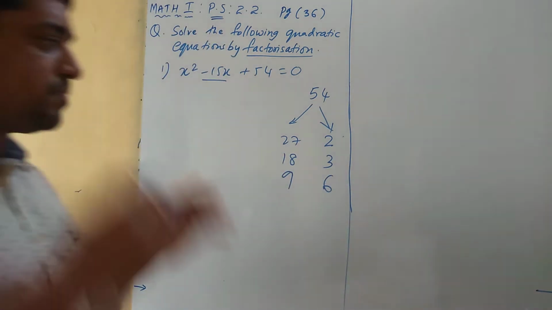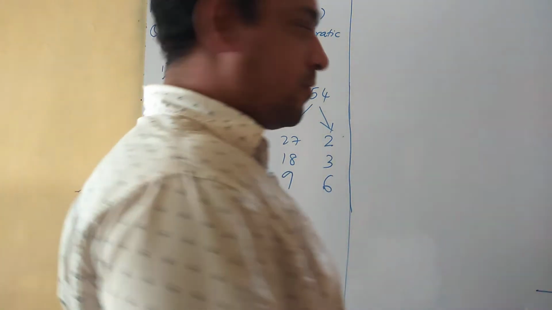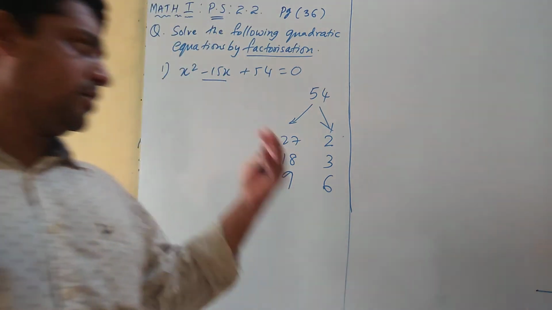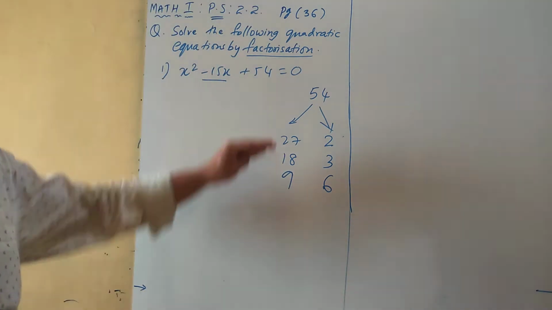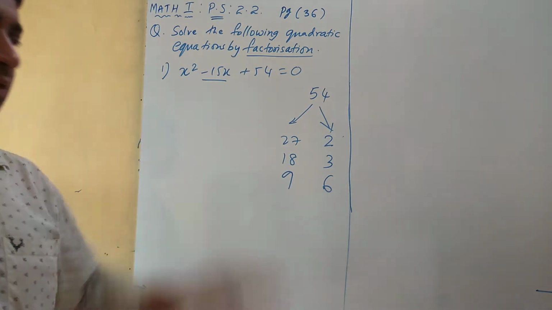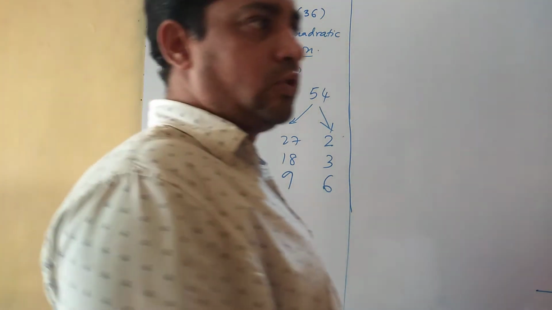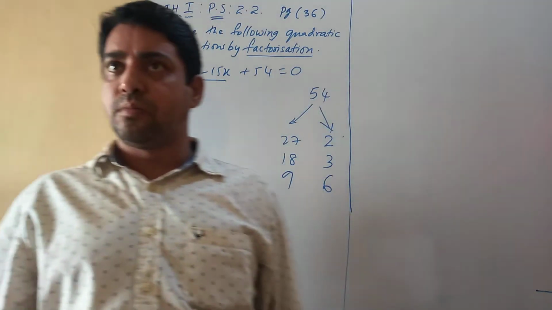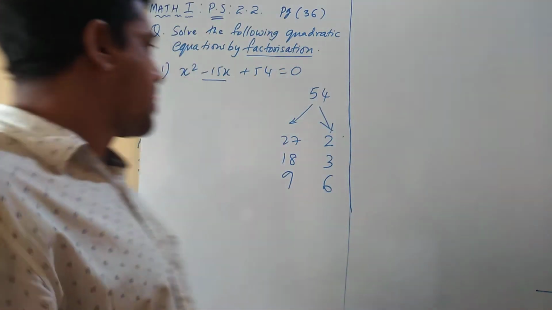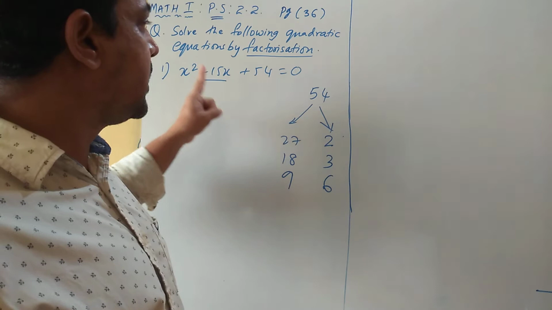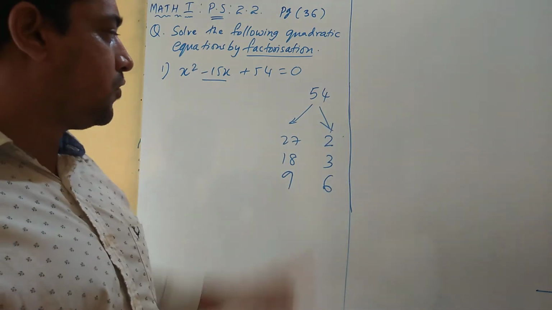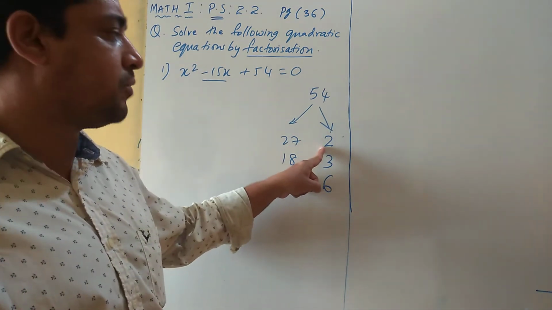Okay, I have taken 3 pairs. Now here we are getting 54. When I multiply all these 3 pairs, I am getting 54. But I am not getting the middle term. What was the rule? Once you split the middle term, you should get the addition or subtraction, you should get the middle number only. So if I am adding this or subtracting this, I am not getting it.